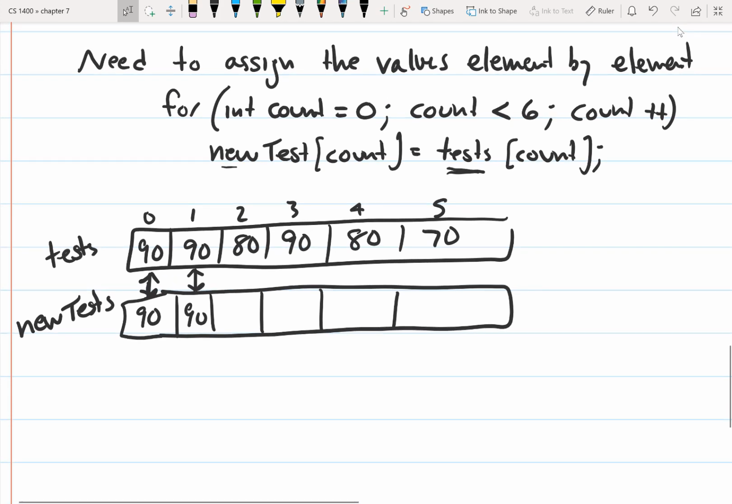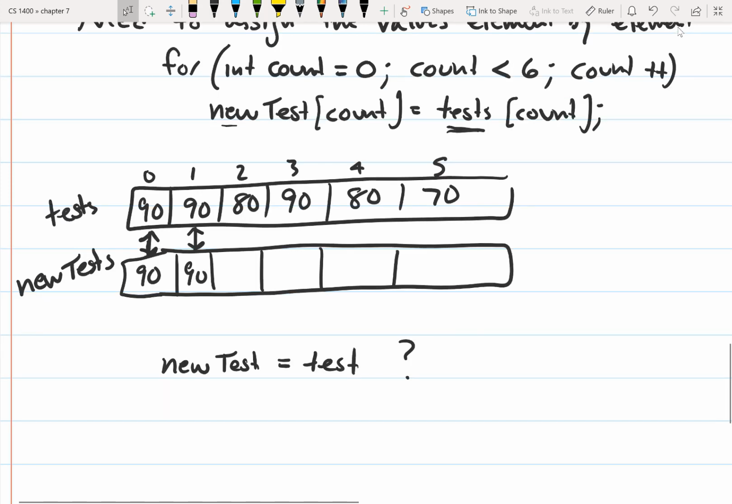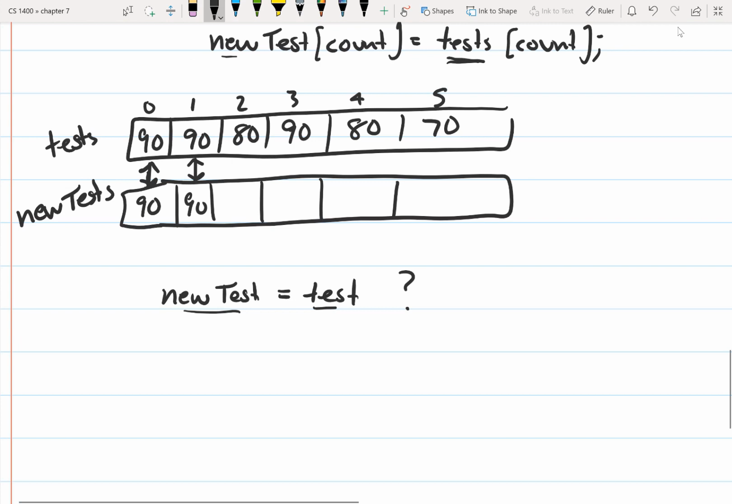So the question is, why can't we just say new tests equals tests? Why can't we do that? The reason is that the name of the array is actually the memory address, or the memory location, of the first element of the array. So if we say new tests is equal to tests, what we're doing is we're saying the beginning